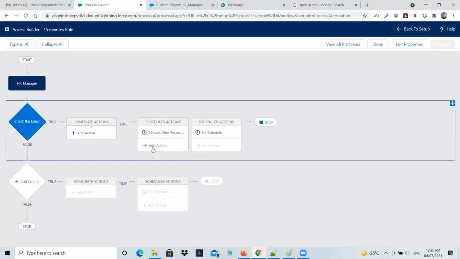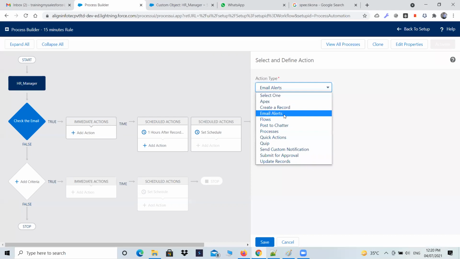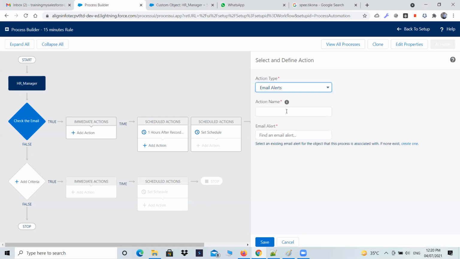ठीक है. Now add the action. अभी आपने टाइम ट्रिगर किया था, अब एक्शन टाइप ऐड करो. What action you want, an email alert to be sent, ठीक है. ईमेल अलर्ट, एक्शन नेम, सेंड द ईमेल, ठीक है. तो यहाँ पर न्यू